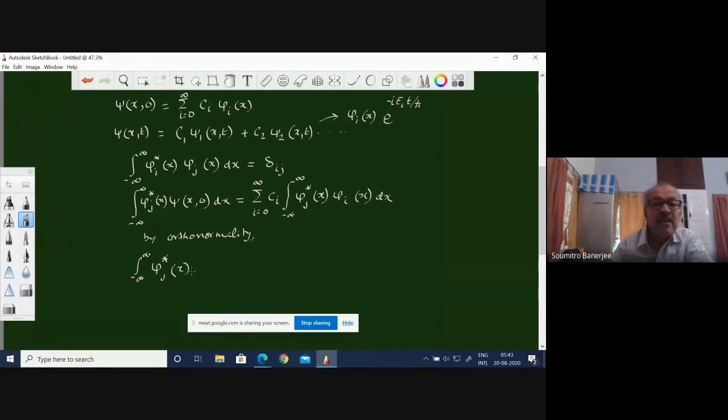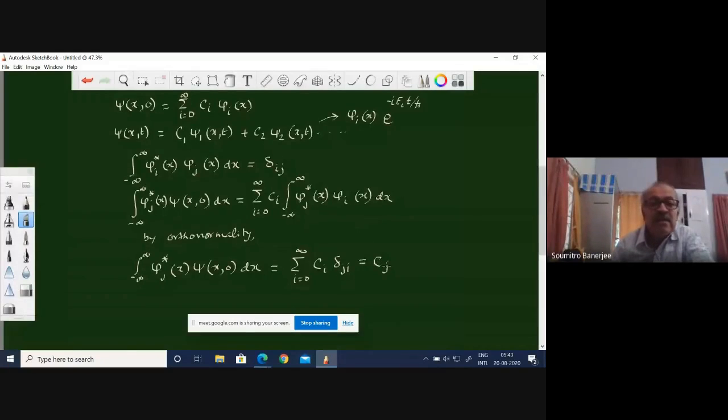x psi, this then becomes the sum of Ci, but this is something that you know. This is delta j. So this will be delta ji. And then this will kill off all the terms where i and j are not equal, and therefore that will simply lead to